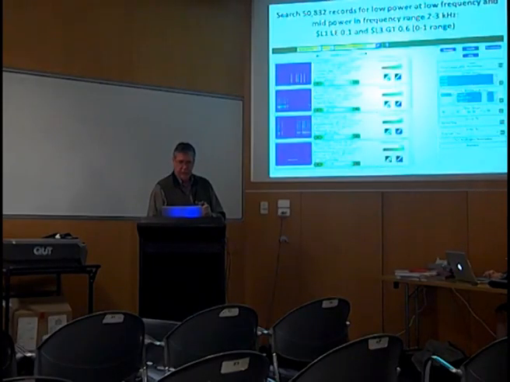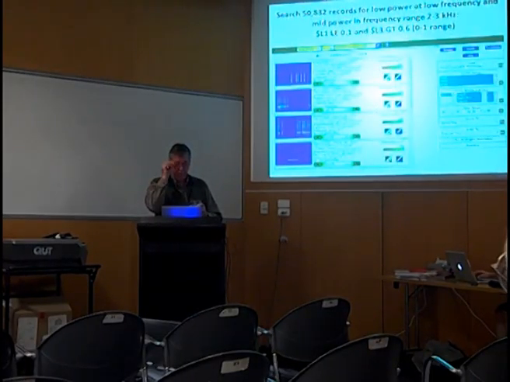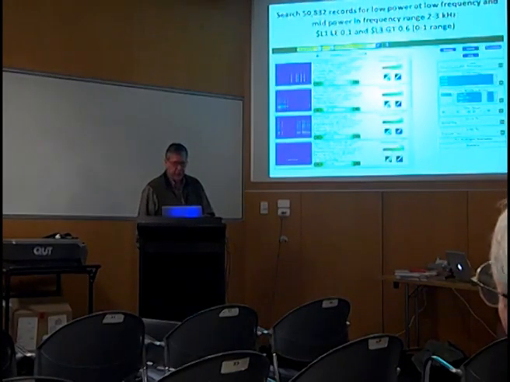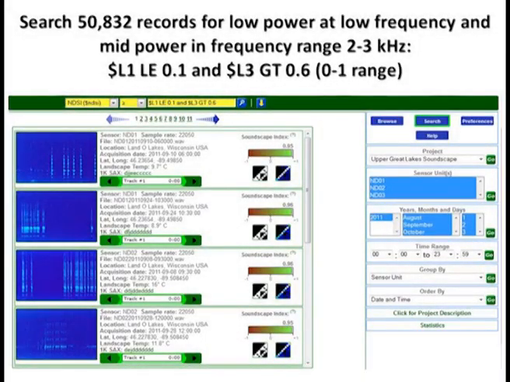Okay, so those are examples of ways to pull out data. Here's a little more complex example out of these 50,000 records. So we're saying that we want records for low power at low frequency and mid power in frequency ranges between 2 and 3. So the way you do that is basically say L1, which is the